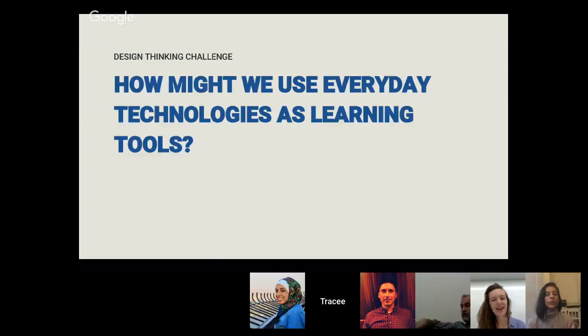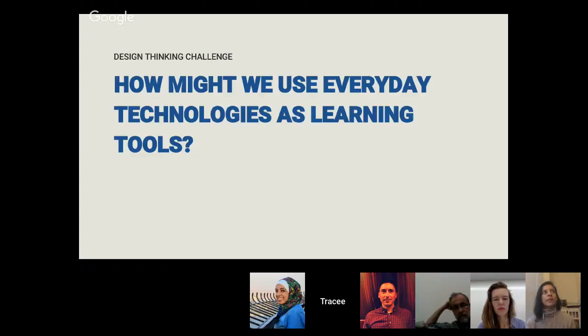So we'll repeat the process that we followed yesterday, but this time we'll be using this question as our guiding question, which is how might we use everyday technologies as learning tools? And what we mean by that is we find that sometimes when we design for contexts that are different from our own, we dream up solutions that might be unsuited to the users in that environment.